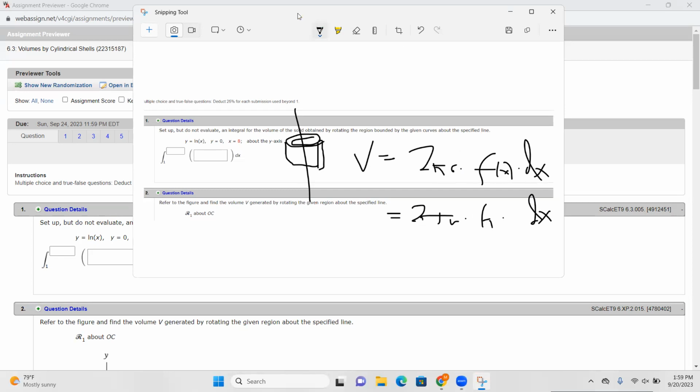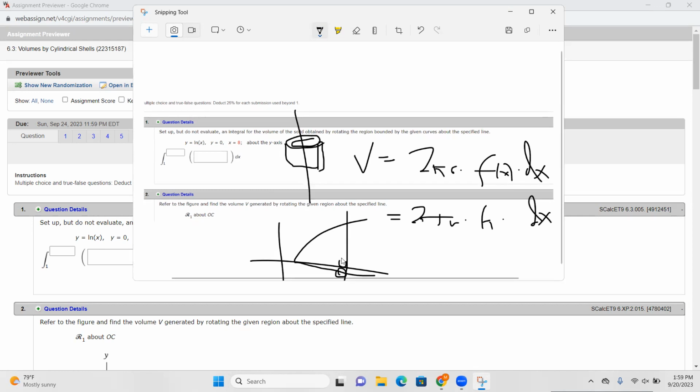As it turns out here, y equals ln x is just the function like so. Y equals 0 is the horizontal axis. X equals 8 is over here at 8. And so incidentally, you're between 1 and 8, because 1 is where ln x intersects the x-axis. But now we're revolving around the y-axis. We want to do so with vertical rectangles